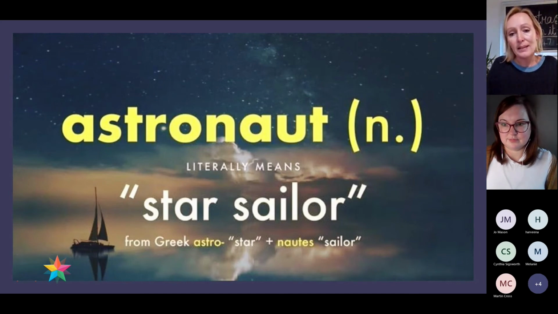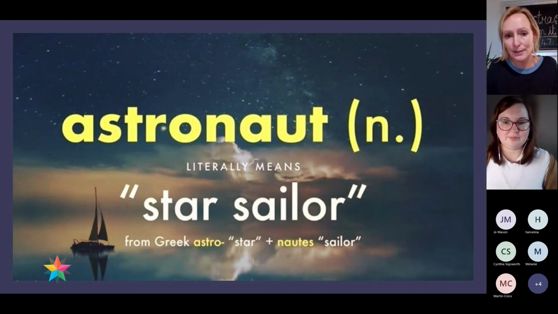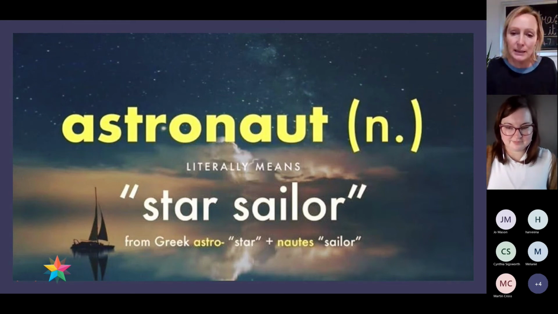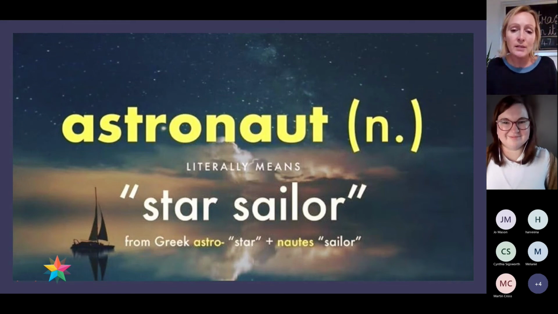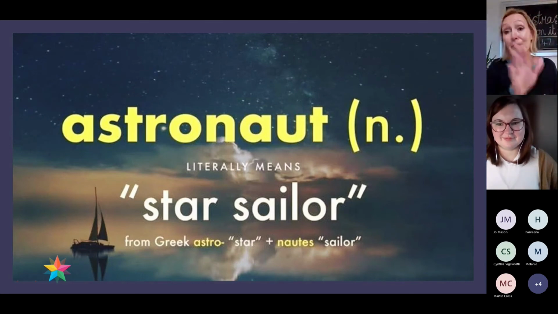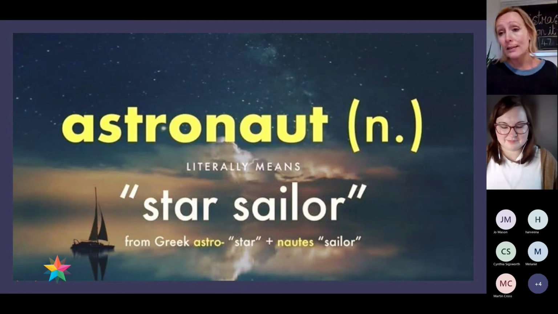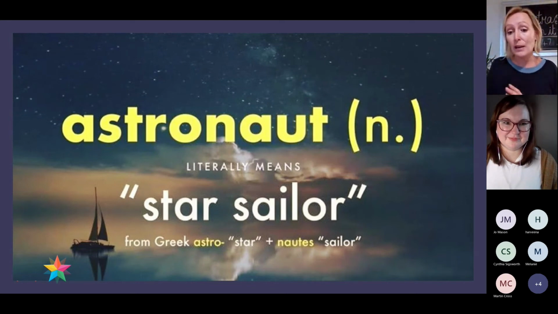And this is what I wanted to talk about with etymology. So this is one of my favourite etymological facts here, the word astronaut, which literally means star sailor, and is so beautiful because I have instantly in my head a vision of somebody in a sailboat navigating the celestial skies. Isn't that gorgeous? The concept that astro is from the Greek meaning star, and naut is from the Greek meaning sailor, and that's where the word comes from.